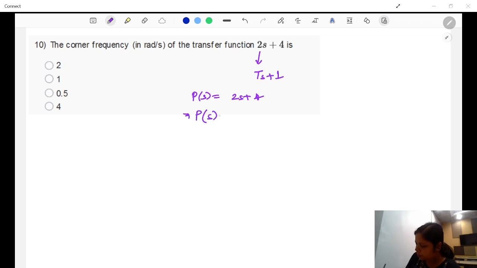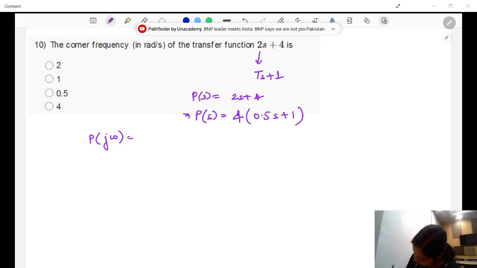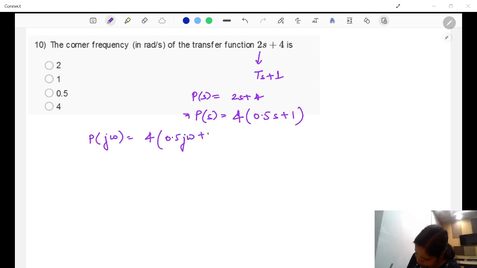You'll have to take 4 common. So it would be 0.5s plus 1. Now if we try to write the magnitude, it is 4 into 0.5 j omega plus 1. Magnitude here is equal to 20 log 4 plus 20 log, sorry,